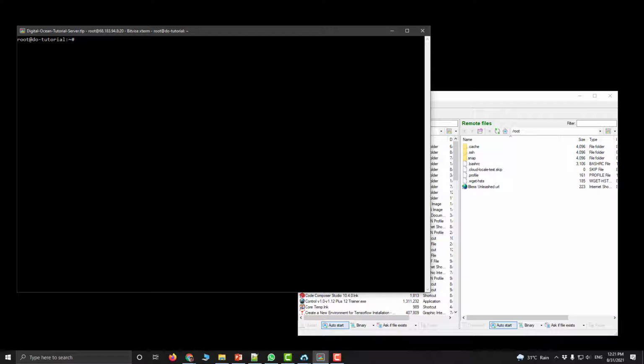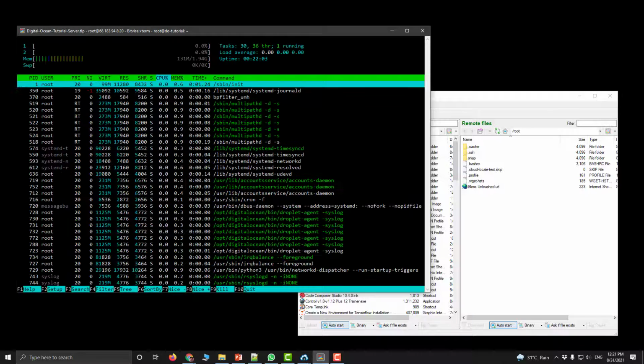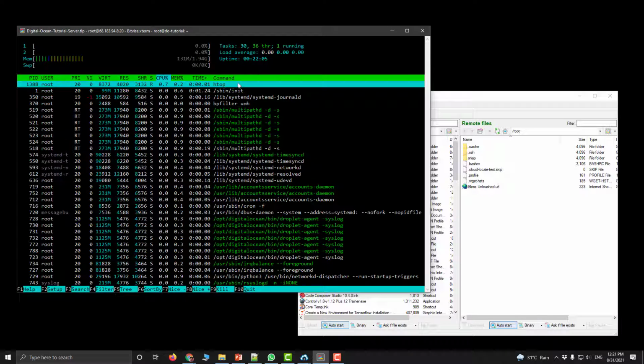Now that the update has been finished, you can check your system's performance using this command, htop or top, and here you can see it has 2 processor cores and about 2 GB of RAM, and swap is 0. And these are the running processes. So this is a nice little tool. It's like your Windows task manager if you are used to Windows.